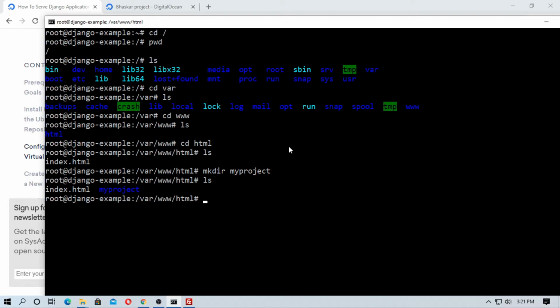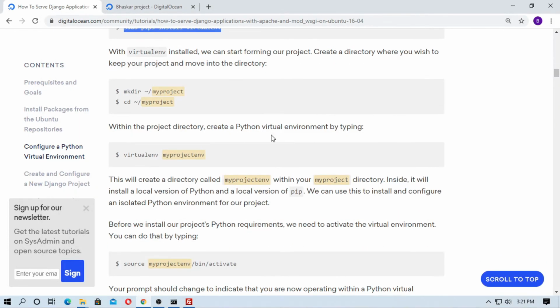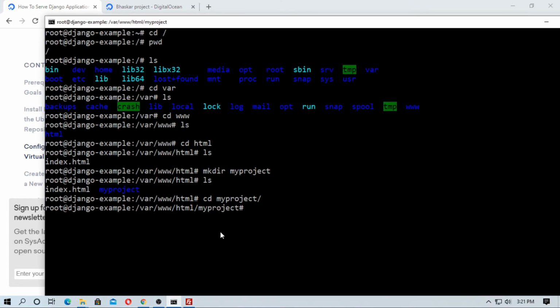Okay, if you check ls, then you can see the myproject folder has been created successfully. So just go to cd myproject. Now here create a virtual environment for the Django project. So now copy this virtualenv command and the name of the virtual environment. Paste it, but I want to change the name of the virtual environment.